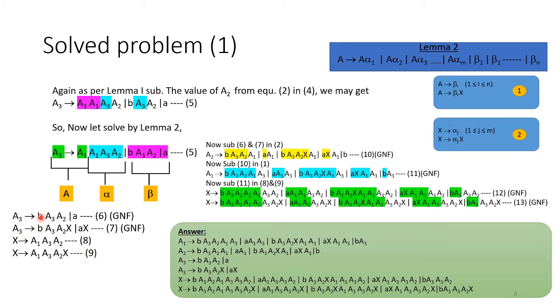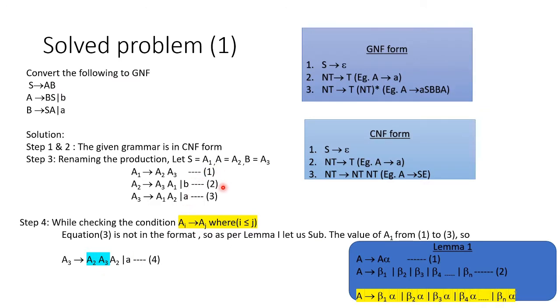And by seeing here you can see that this A3 equation has a terminal followed by some non-terminals, and a terminal followed by some non-terminal. So this becomes a GNF form. This becomes a GNF form, 6 and 7. And here A1 and A2 are not in a GNF form. So now what I have to do is go back to my equations. So already my 1 and 2 are not in GNF, but my A3 becomes a GNF.